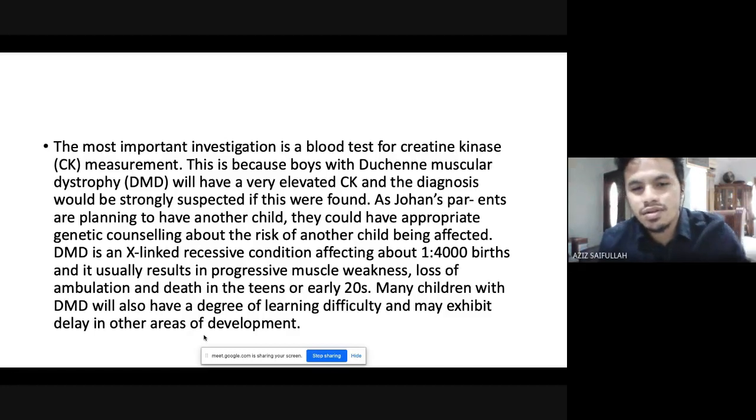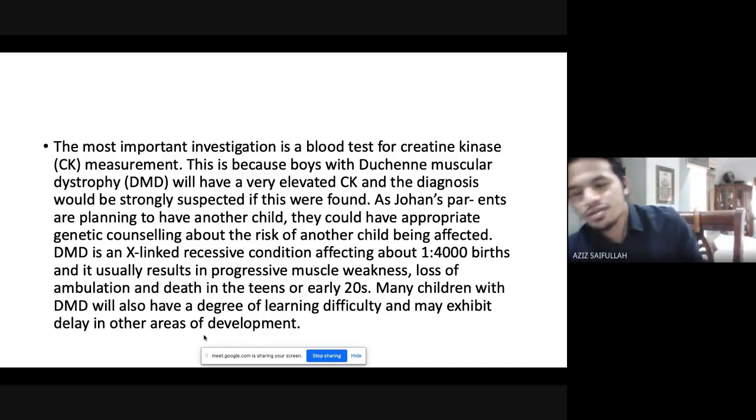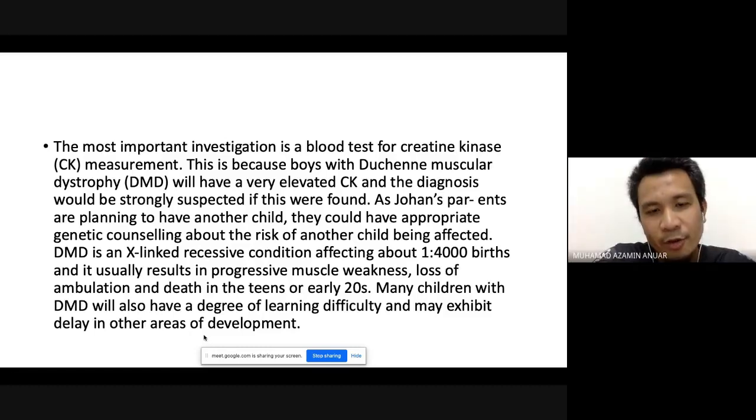Because the affected gene, dystrophin, has one of its functions in brain development. So basically you have dystrophin in your brain as well. So if dystrophin is absent in your brain, it will affect your learning ability as well. It's different compared to spinal muscular atrophy, because that is affecting the spine and